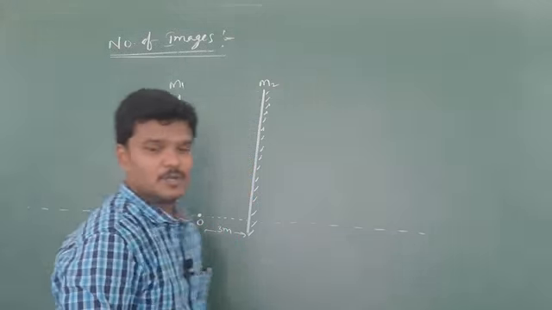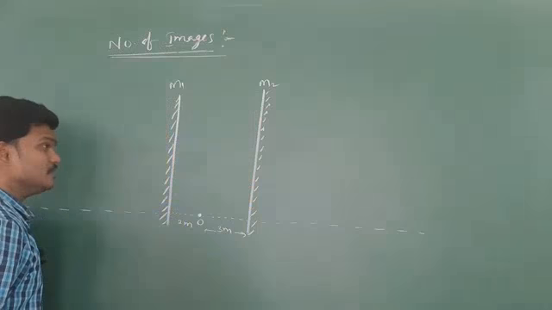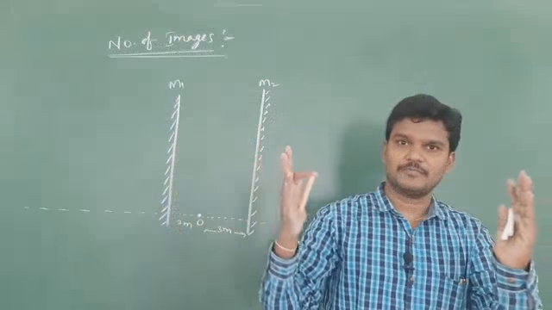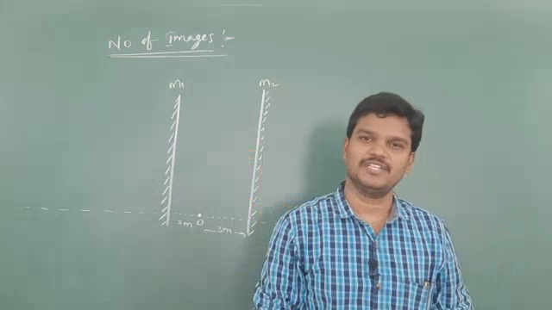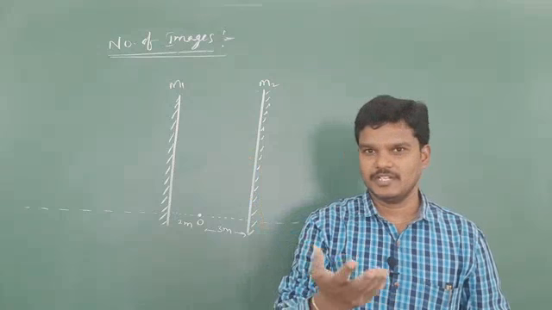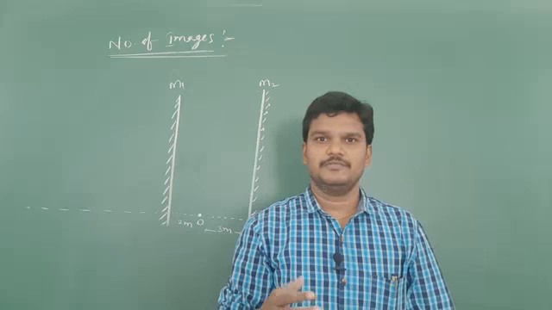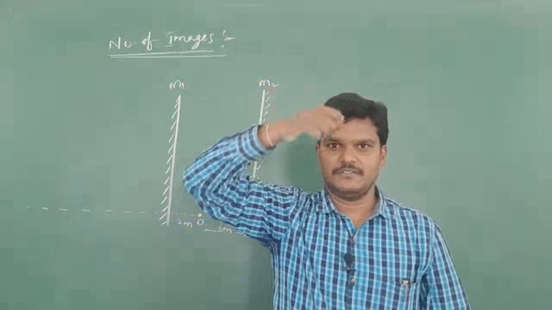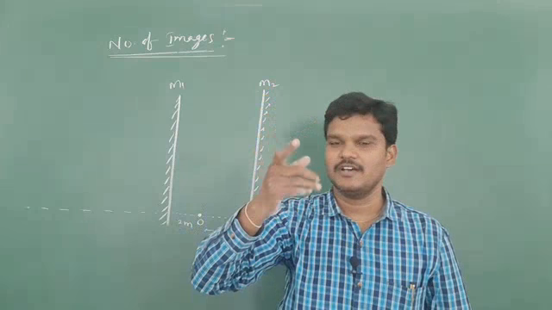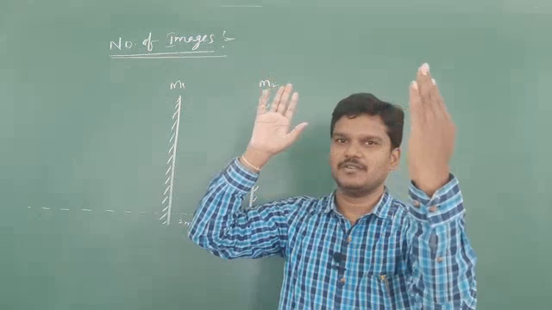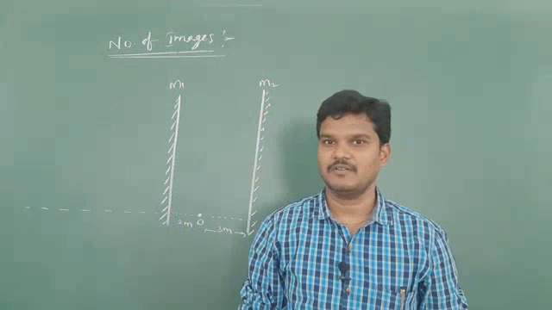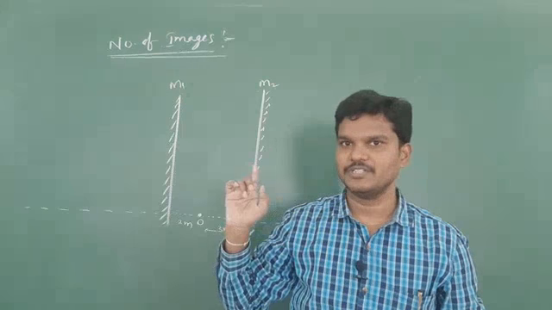Okay. Now let me draw the diagrams. If two plane mirrors are parallel to each other, like in a saloon shop where mirrors are parallel to each other, we are able to see an infinite number of images. In a saloon shop, if you comb your hair like this with the right hand, you are able to see a number of images. And if you observe carefully, in some situations the mirrors may be perpendicular to each other. So I will discuss that also, when they are perpendicular to each other.